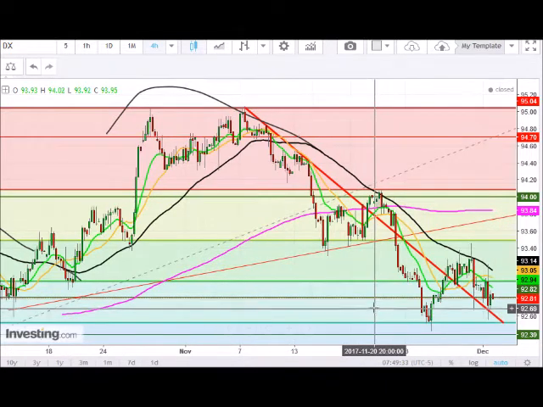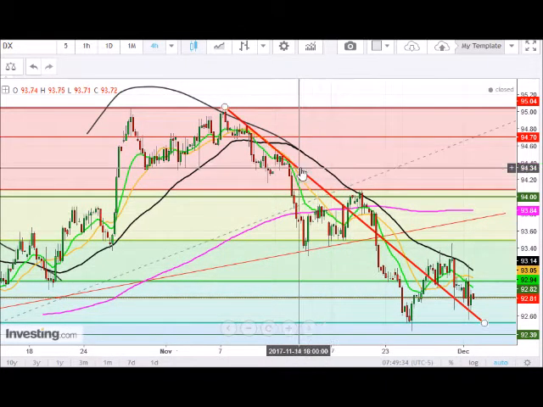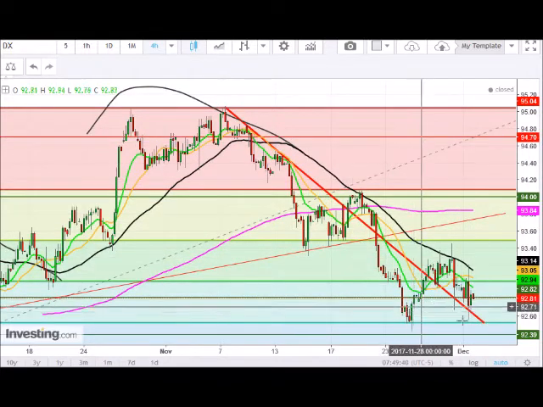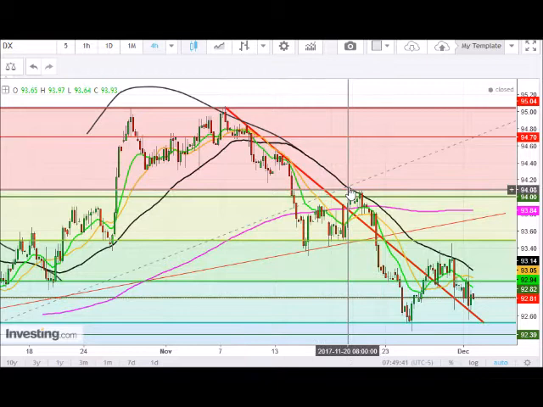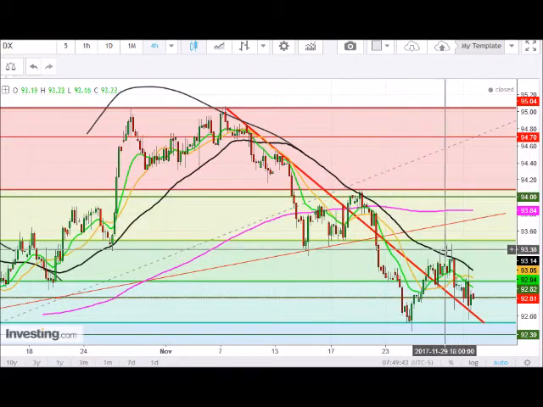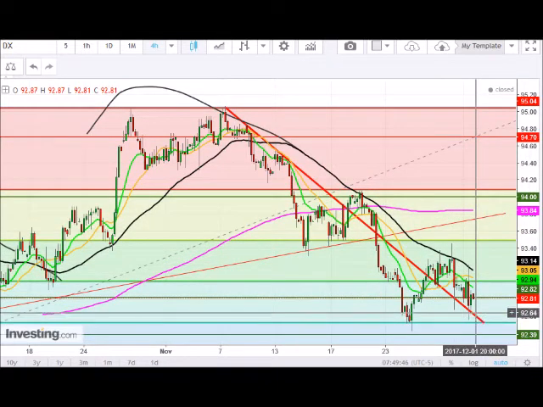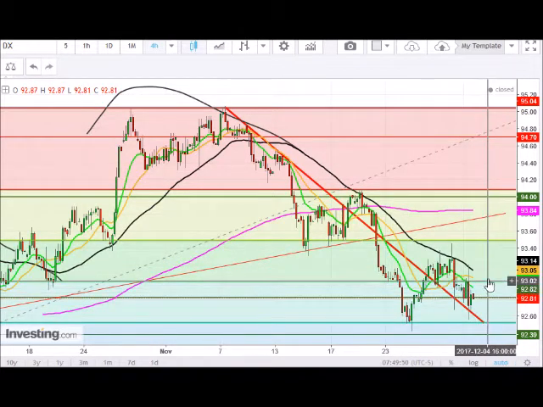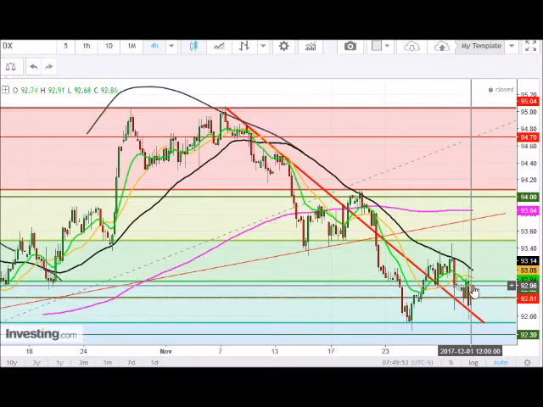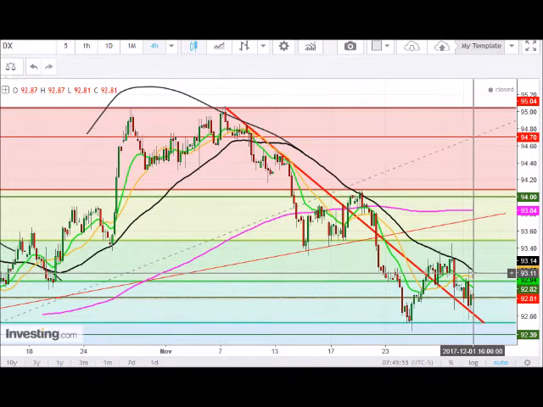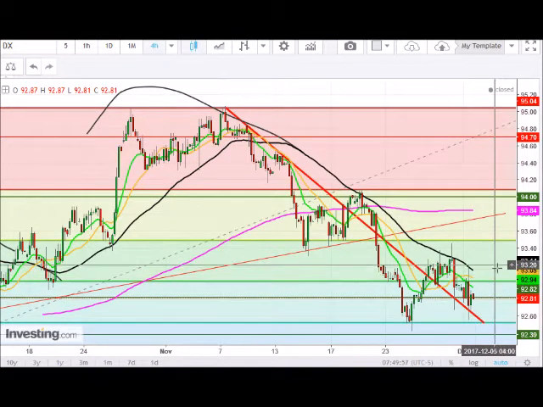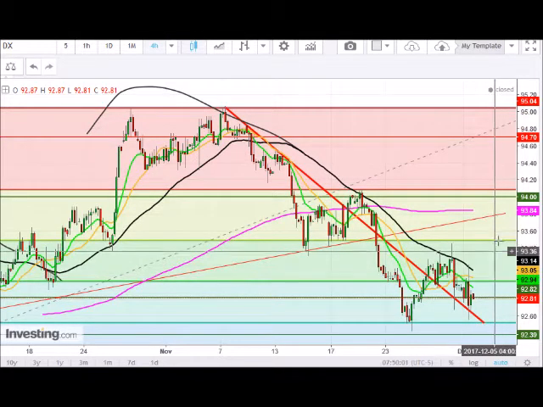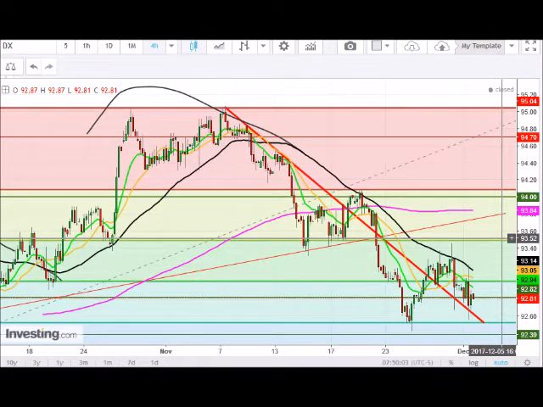Now what I expect is the price to do exactly what it did back here over here. So looking at the price action, we've been seeing a refusal for the price action to get back underneath this selling pressure line, and we've been pretty much pinned by the 50 period moving average. So now that we are maintaining the price action outside this line and we have a little bit of room to breathe, I expect that we will resume back upwards to challenge this 50 period moving average yet again, and then we will build support at 93 again, and then we will move back up to that 93.50 area